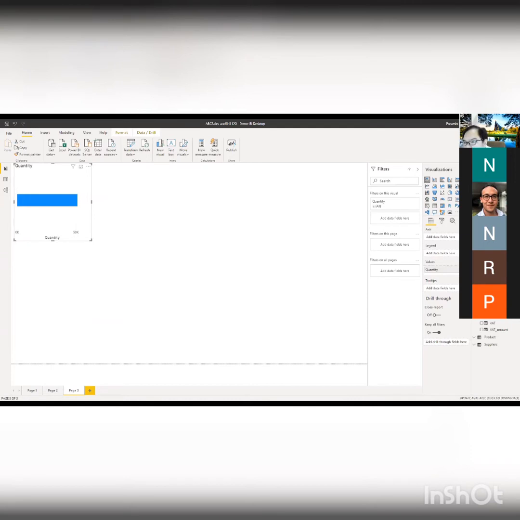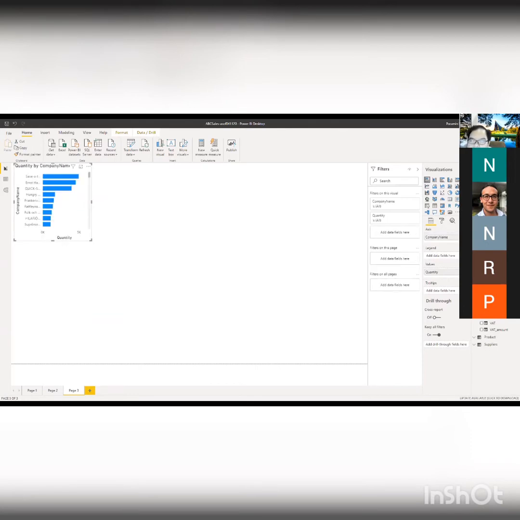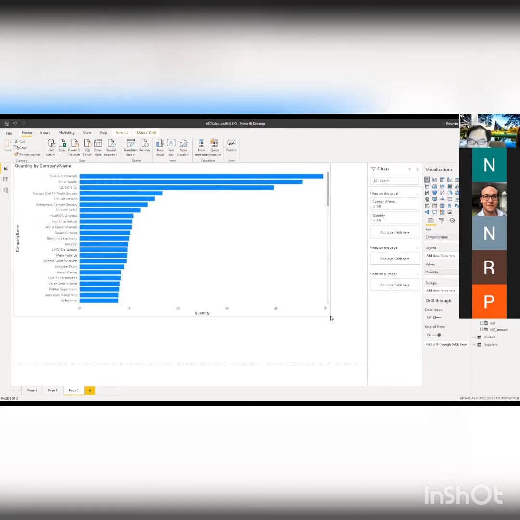But we didn't have the details in terms of the amount of money, for example, apart from the quantity, how much did the customer purchase from us? What we had to do is create a calculation in